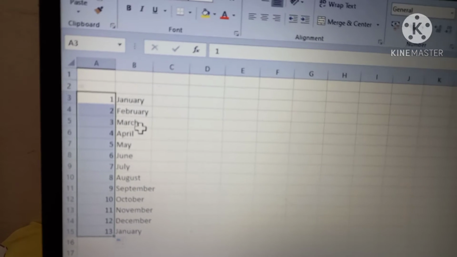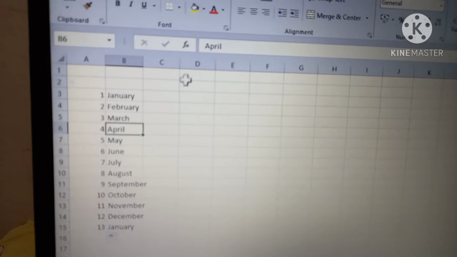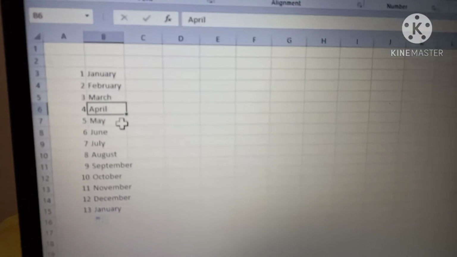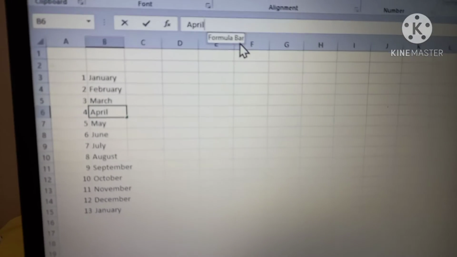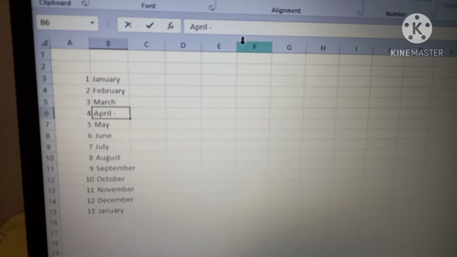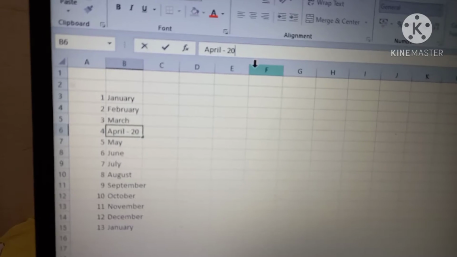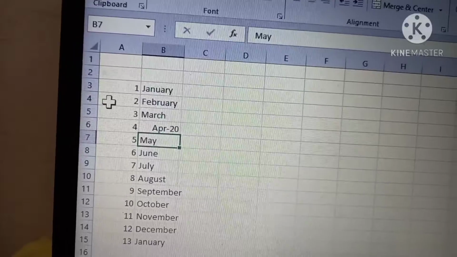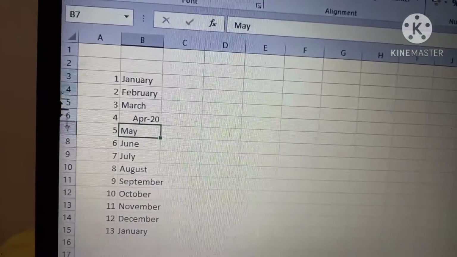Now supposing I want to edit a cell, right? So what will I do? I will click on this, or I can press F2, the F2 function key, or I can go here and type. Suppose I want to type April 20 to edit a cell. What will I press? I will press F2. Okay, and enter. Can you all see this? April 20 has come. Where did I edit? I have edited here.